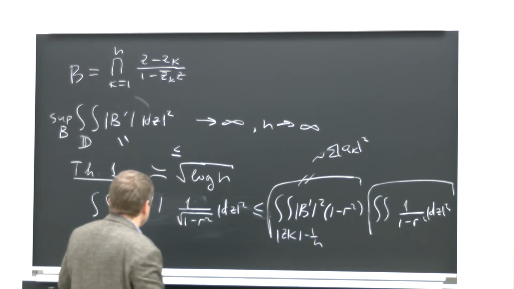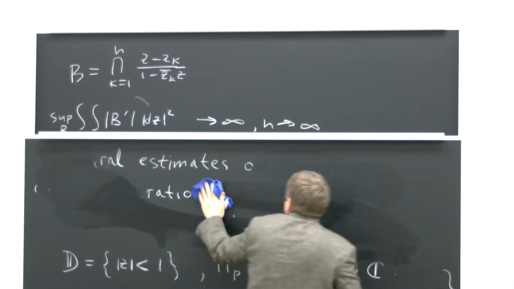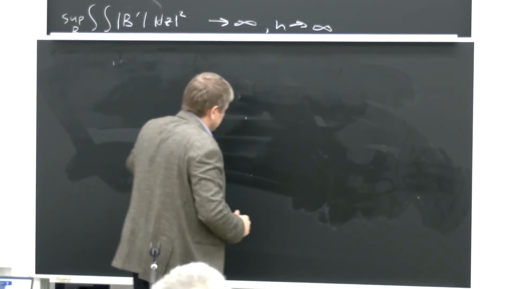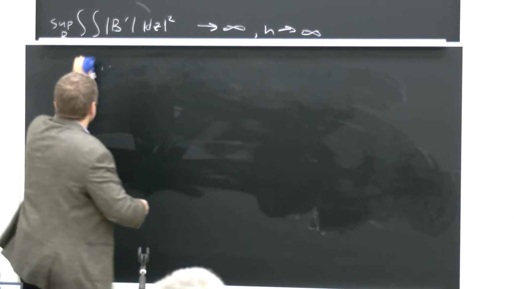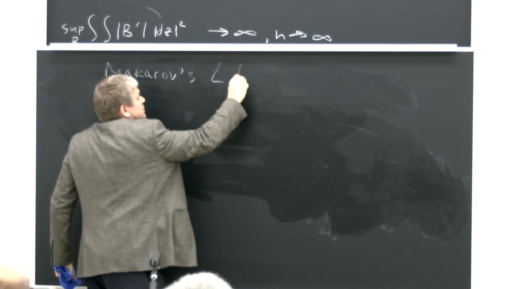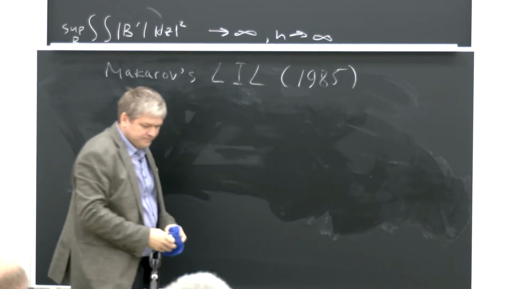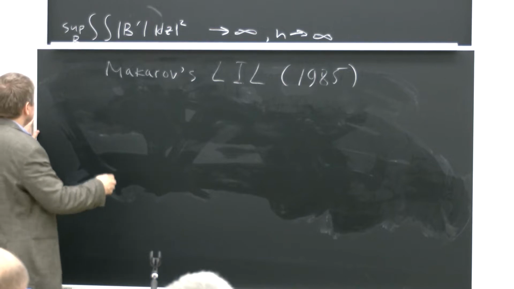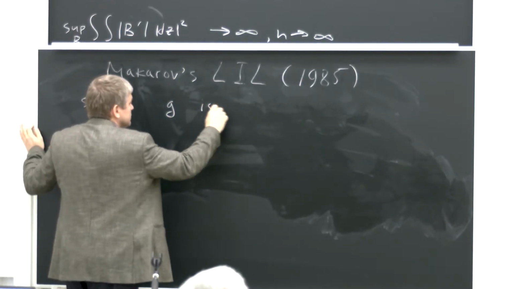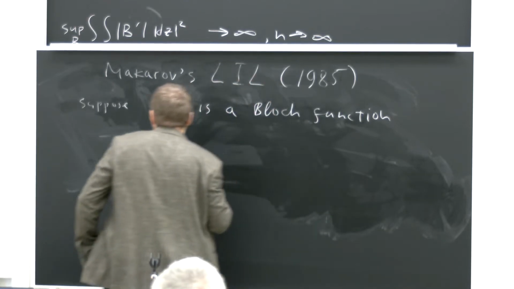Okay, let me give you some information about the law of the iterated logarithm. Makarov's law of the iterated logarithm. He proved it in 1985. Suppose that g is a Bloch function. What does it mean? It means that